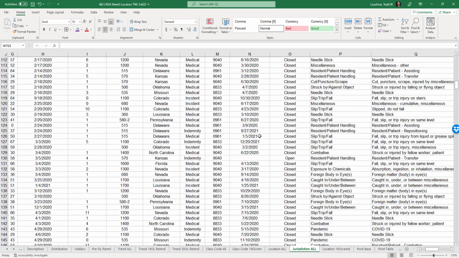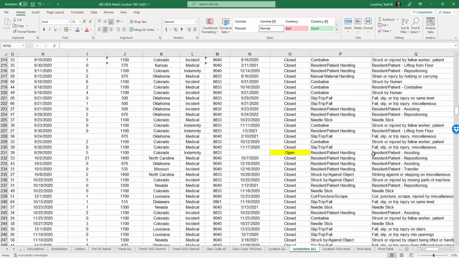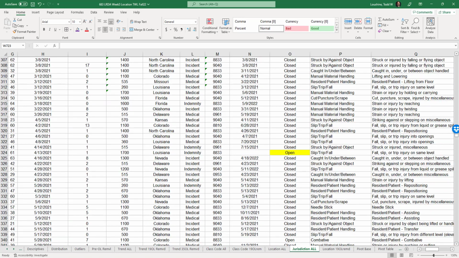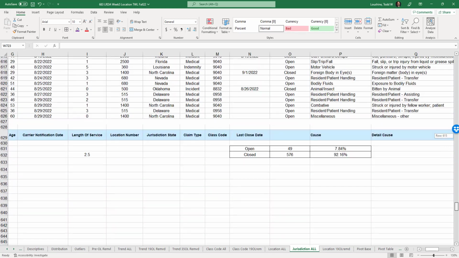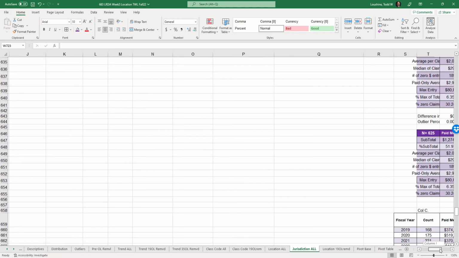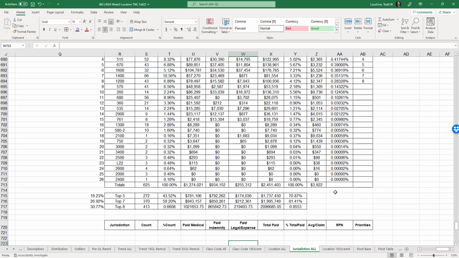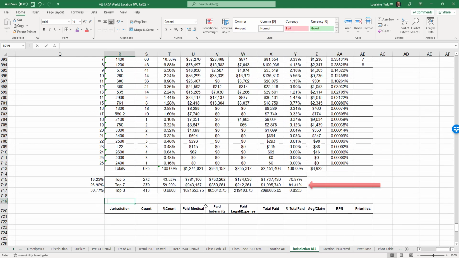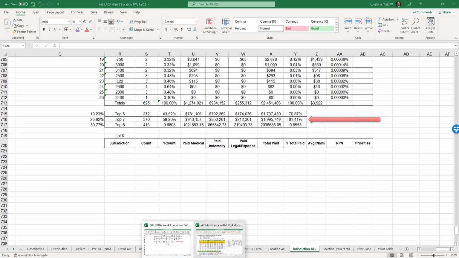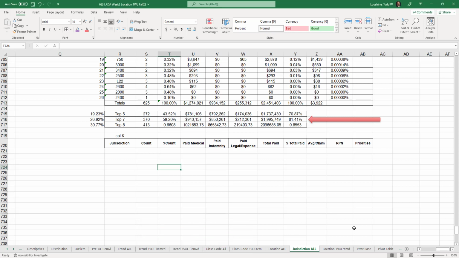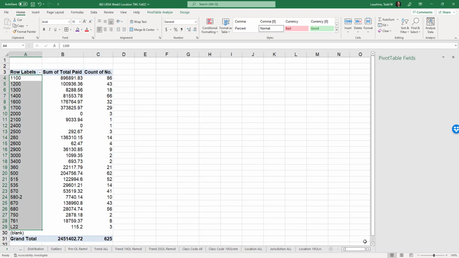All right, we're in column K. That's the state. All right. Column K. And now what we want to do is go back to the pivot table.